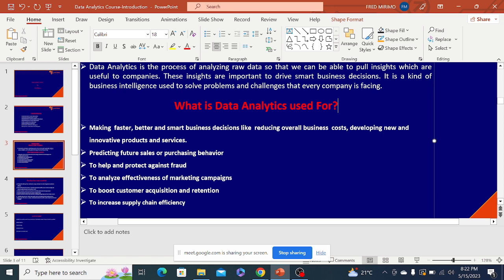This decision may be, for example, a company wanting to reduce its overall operational cost. Maybe it may want to come up with new products and services and so on. Or maybe it may want to come up with,